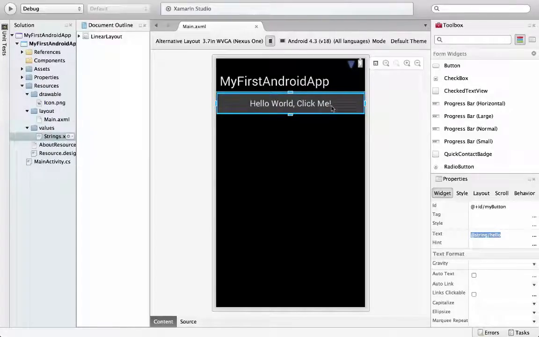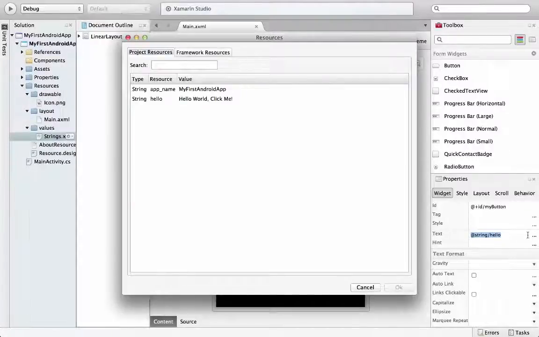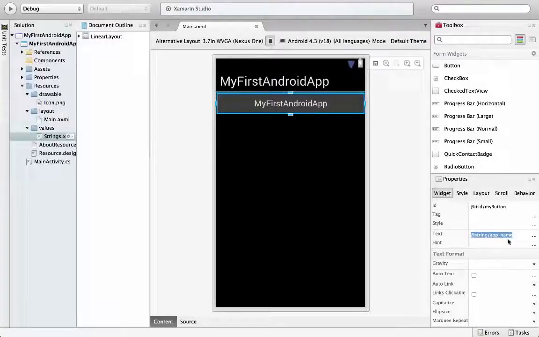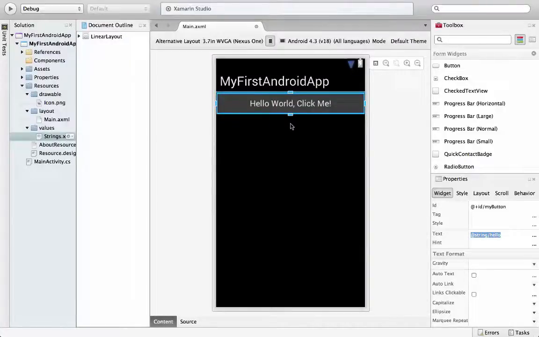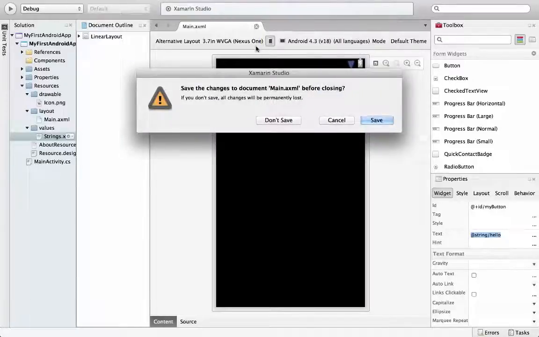I have two ways that I can set this. I could type it by hand, or I can click the little button that's next to the property that will actually open up my resource table, and I can select a string here. So for instance, we could select the app name string, click OK. That would change the key to be @string/app_name, and now my button contains the text my first Android app. I'm going to go ahead and switch it back just for completeness. So that's our quick introduction to the design surface. Let's close this